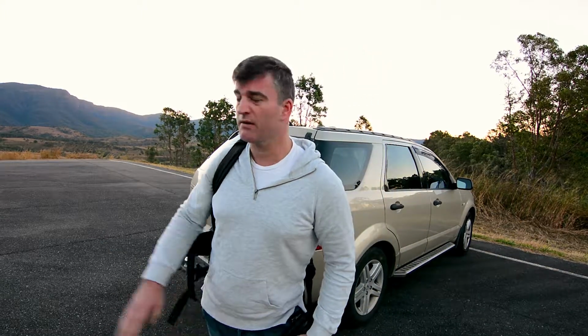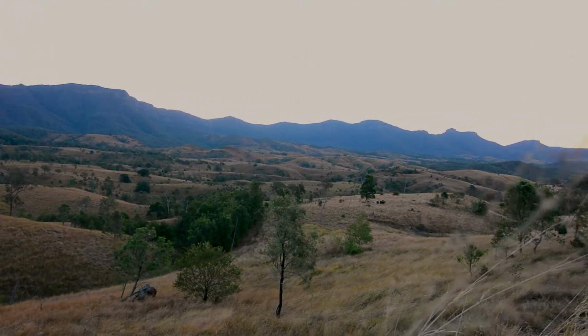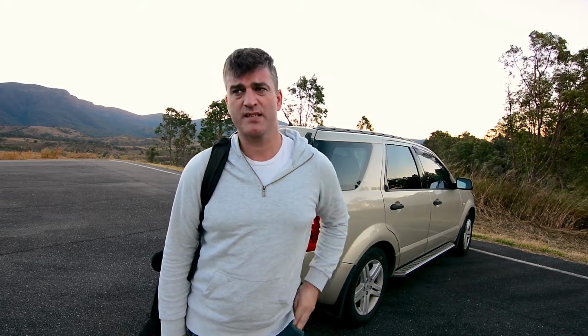What most people do here is they come. Behind me is the pictures, the view of Cunningham's Gap itself. Most people come and get pictures of that. I go across the other side of the road. There's an amazing vista out in front of us on the other side of the road, and I've come to